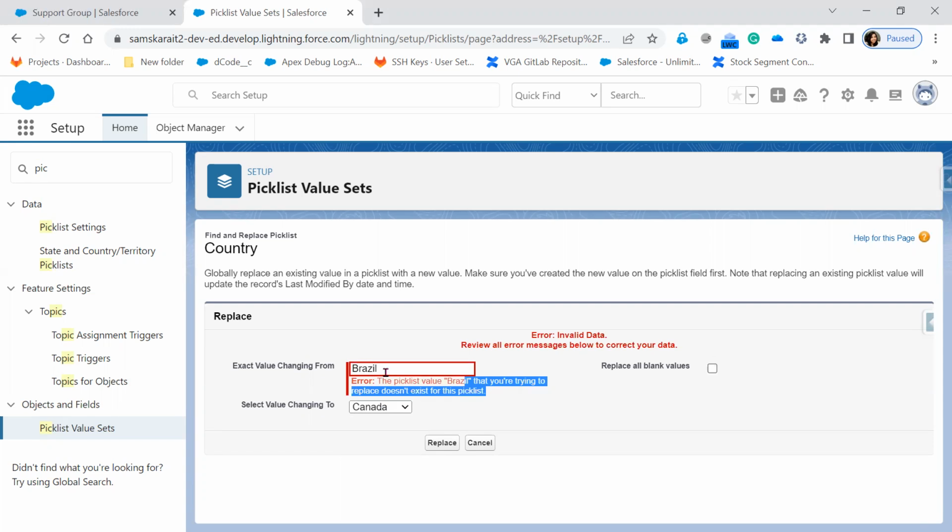So what is happening if I give a new value? It's not taking anything. That means this replace is going to happen on the exact value, changing from. So what is the value that I wanted to change? For example, I wanted to change the existing one. The existing one, I have UK. So let me take UK, and from UK I wanted to change it to Canada. So if I replace,